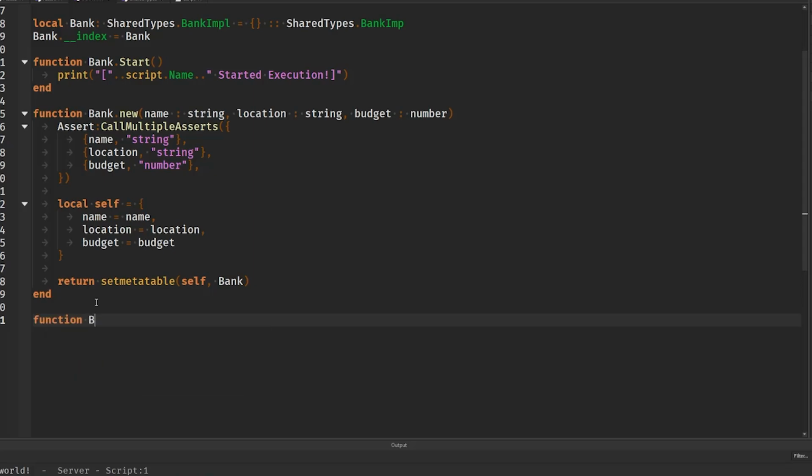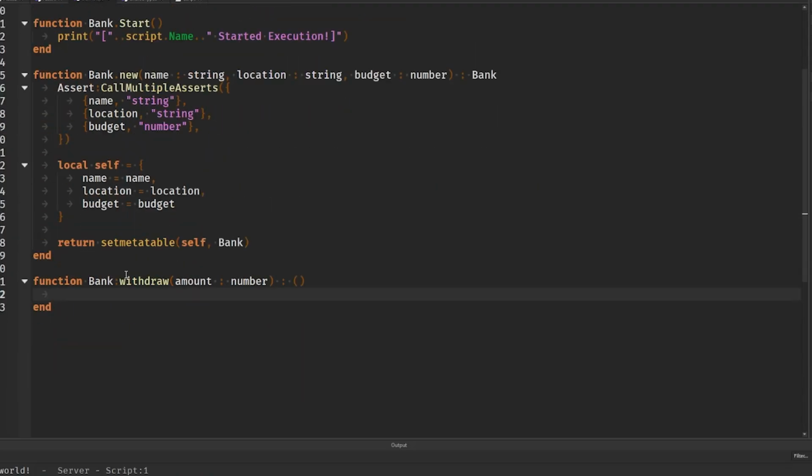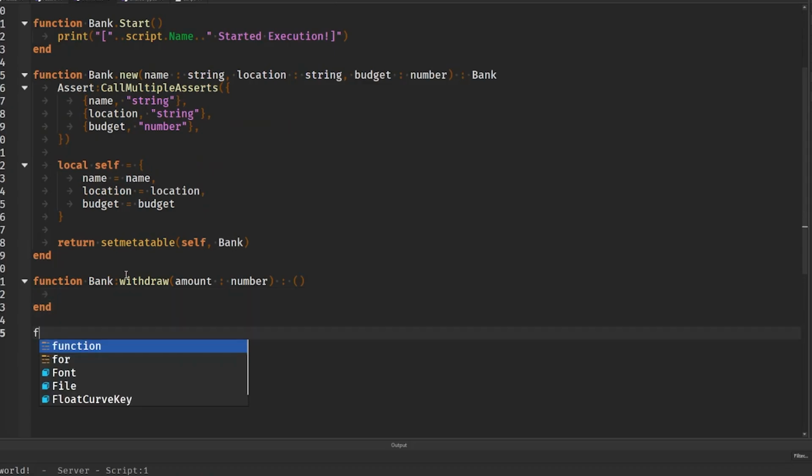So we'll say function bank will have a withdraw method, which took in an amount, which is a number. It's not giving us anything in return. So this is the same as saying we're returning nothing, really. And basically up here, we are returning bank, the type of bank right here. So basically with this, we now have the bank withdraw function, and we just need to code it, but we'll also make the